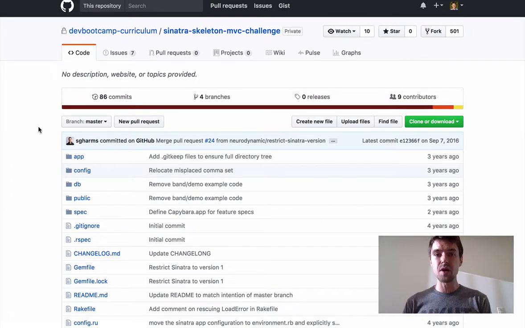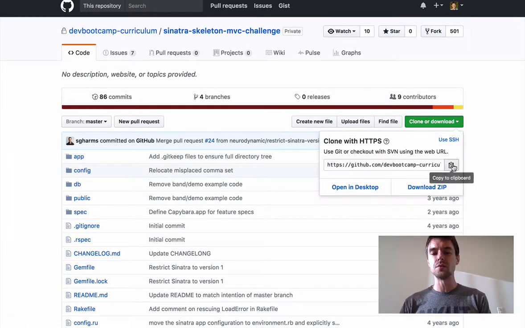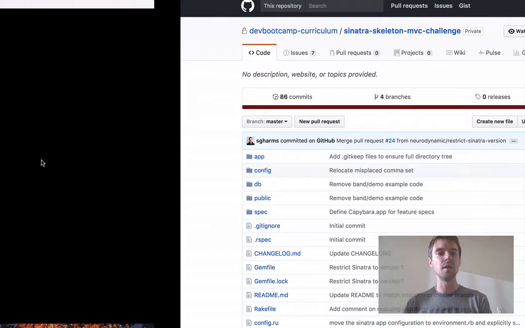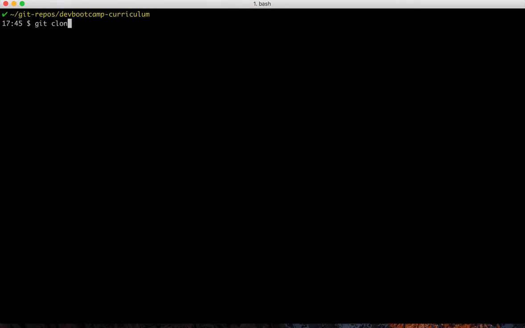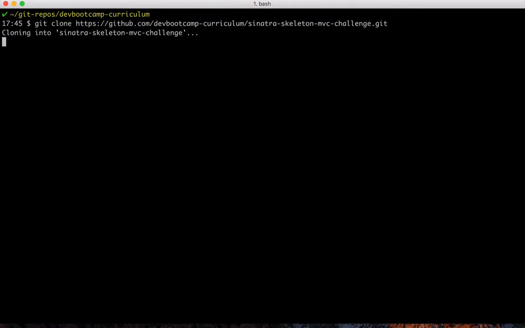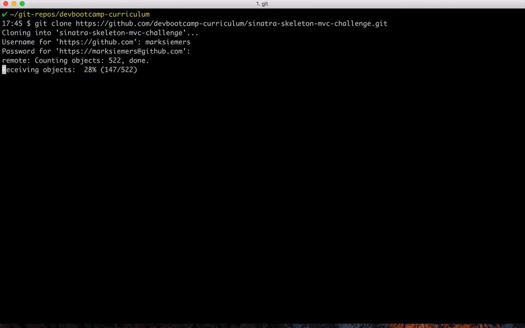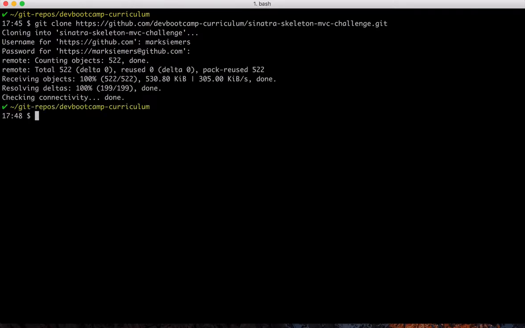So now that we've found where our repo is on GitHub, we will get the link to clone. And if you use SSH, you can switch to use that. I'm going to use HTTPS just to show that sometimes you have to put in your username and password when you do that. So I'll just use the git clone command, and I'll ask for my username and password. Cool, and then it will fetch the repo essentially, and then I can change directories into there,